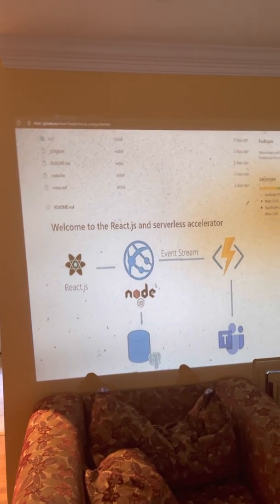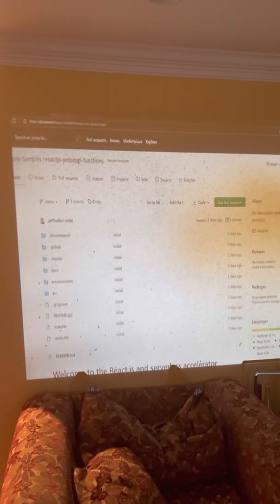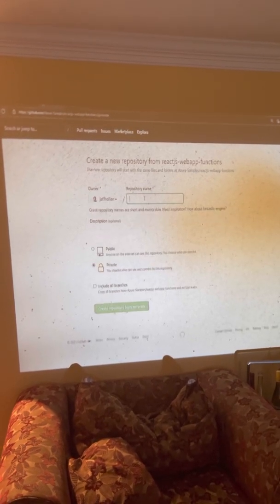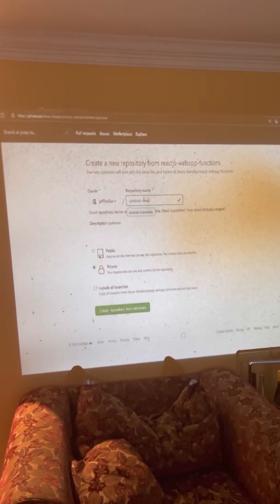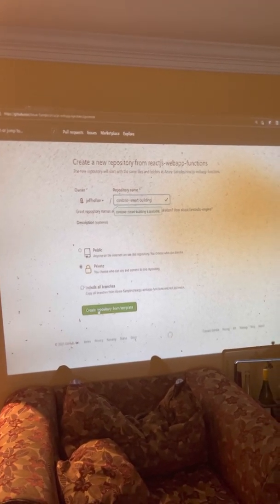I'm going to show you what makes these samples so special by using this other one, which is a React site running Node to process a serverless function. This is perfect for what we need for our dashboard. So let's use this as our starting point. I'll select to use this template, and I'll go ahead and give this a name. And when I clone this template into my GitHub account, it's going to create a copy of it for me